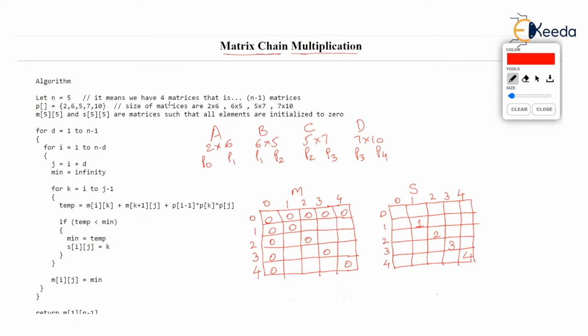In this video, I'll be teaching an algorithm to find the best ordering in which you can multiply the given matrices. As an example here, I have taken four matrices, written in red, A, B, C, D, with dimensions 2 by 6, 6 by 5, 5 by 7, 7 by 10. Now we want to multiply these matrices, but we don't want the result of multiplication. We just want to tell what the order should be so that we can do it quickly using the least number of multiplications.